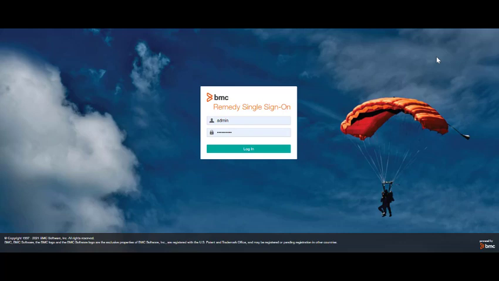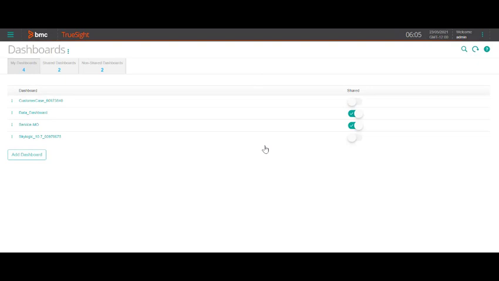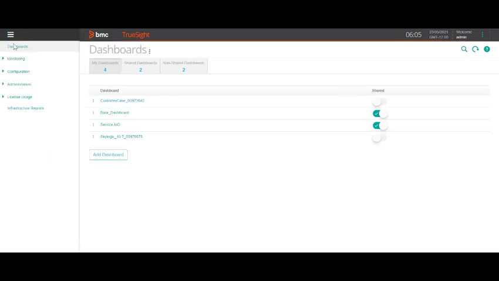So we will come back to two-site presentation server console, and this time we will log in with the local admin user. After logging in, we just need to confirm whether the LDAP user and the LDAP group are being listed properly in TSP's console. So to confirm that, we need to navigate to administration, user accounts.